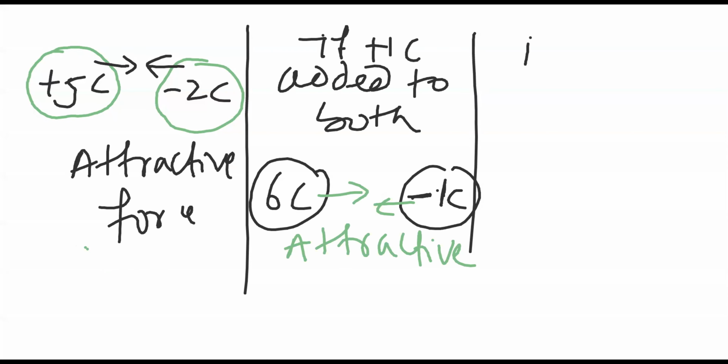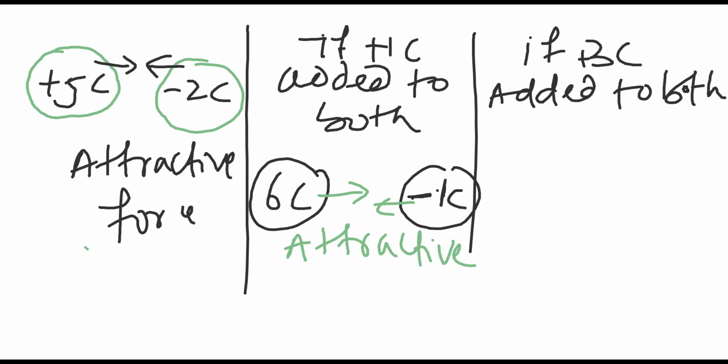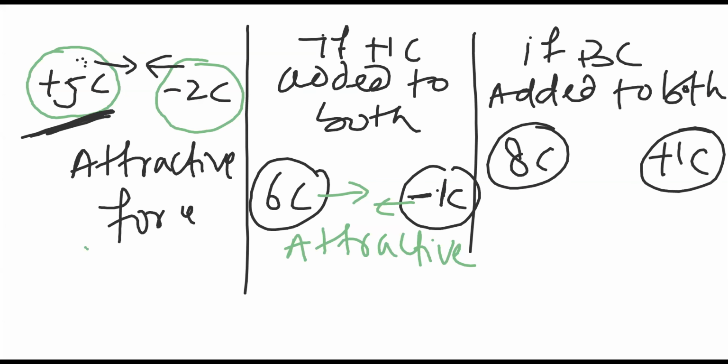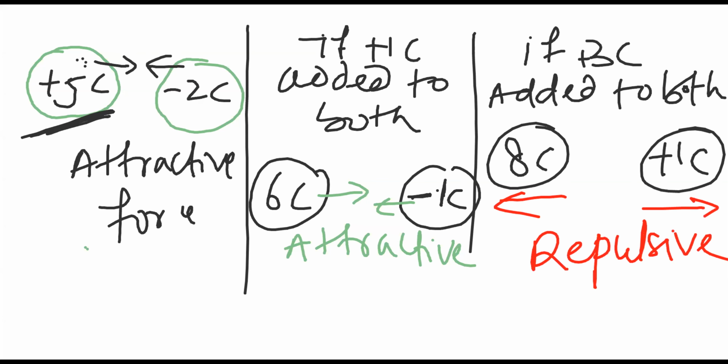Okay. Now if a plus 3 coulomb is added to both, then what will happen? Now 5 plus 3 will become 8. Because initially in this case you are adding plus 3, it becomes 8, and the other will become plus 1. Then what is the force? Now the force is repulsive. This I want to tell you, and the magnitude also I told. So please take care when they ask about adding charge. Keep in mind the initial charge of both of them, whatever you are doing.